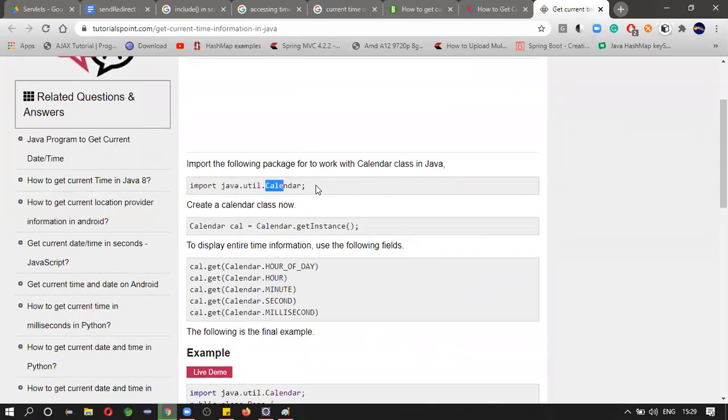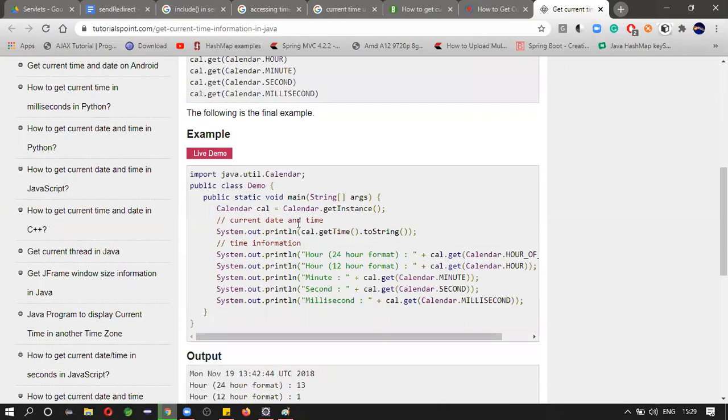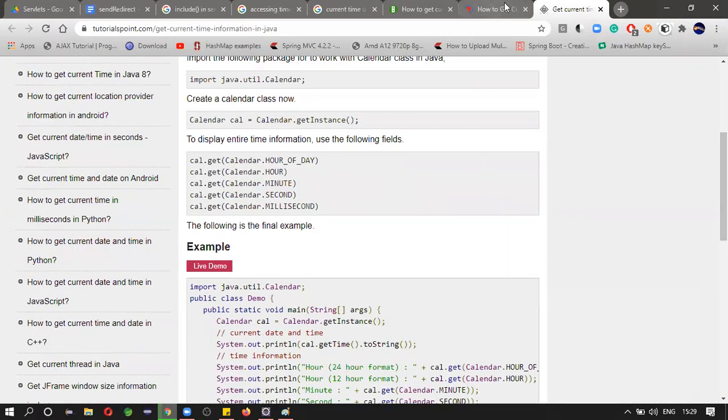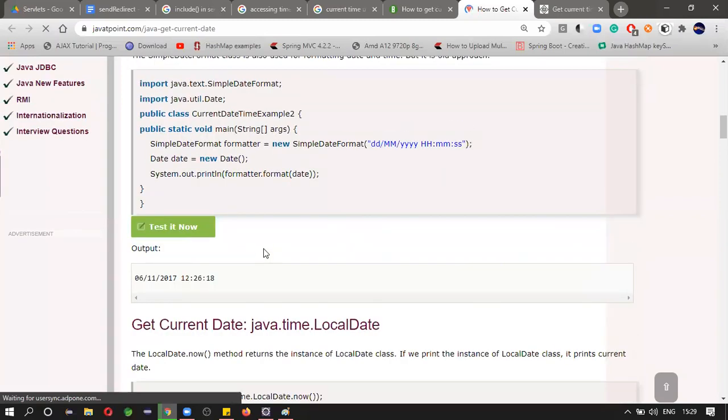You will also have the Calendar class, java.util.Calendar. Or else you can directly use the Time object.